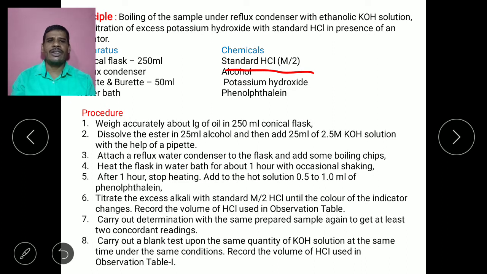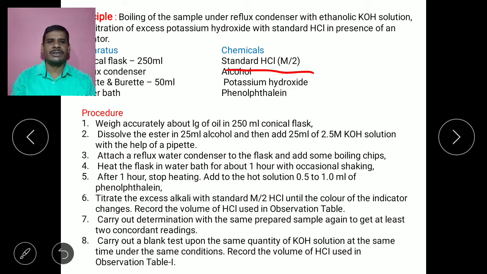We know that different oils have different saponification values. We already discussed that the saponification value depends totally upon the molecular weight. Now the procedure; the principle is also explained. In this case the given sample of the oil or fat is refluxed in the presence of ethanolic KOH